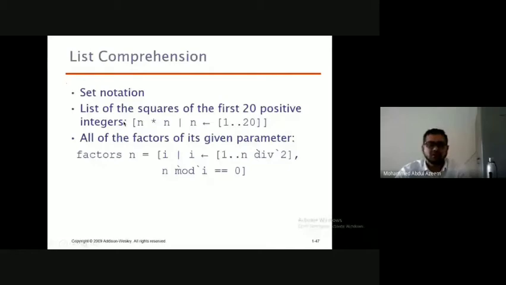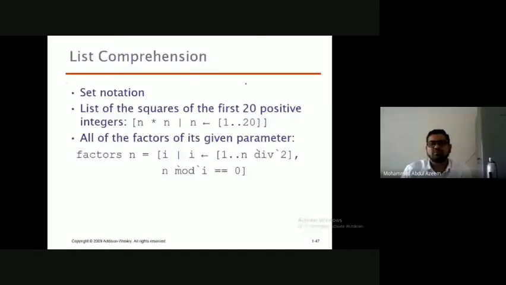Sets are represented with the help of braces in mathematics, right? All the kinds of operations that you perform, you can perform here by defining the code for them: union, intersection, Cartesian products, minus, and all such things. If you want to, for example, find the list of squares of the first 20 positive integers,